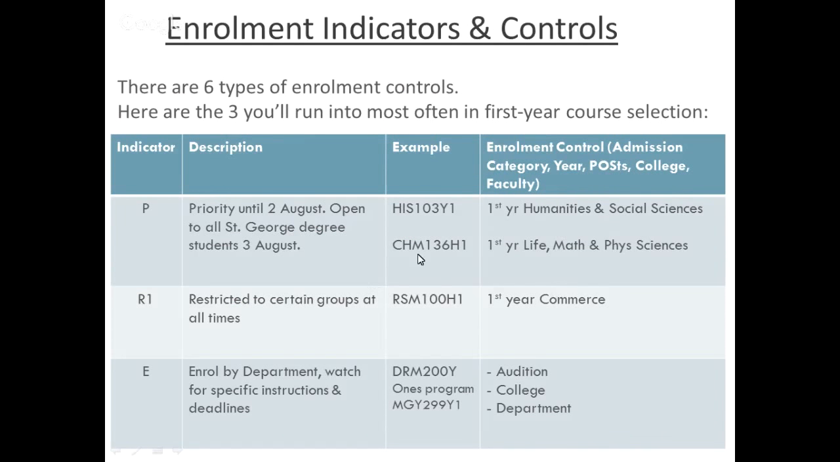Okay, so enrollment controls, we ran into this a little bit with the bio and the chemistry. There's 6 different enrollment controls that you might come across in the timetable. These ones are the ones that you're most likely to run into. Priority goes to students in a particular admission category, or if you're looking to take a 200 level course because you have transfer credit from high school or transfer credit from another university, the courses might give priority to students who are actively enrolled in the major already, for example,